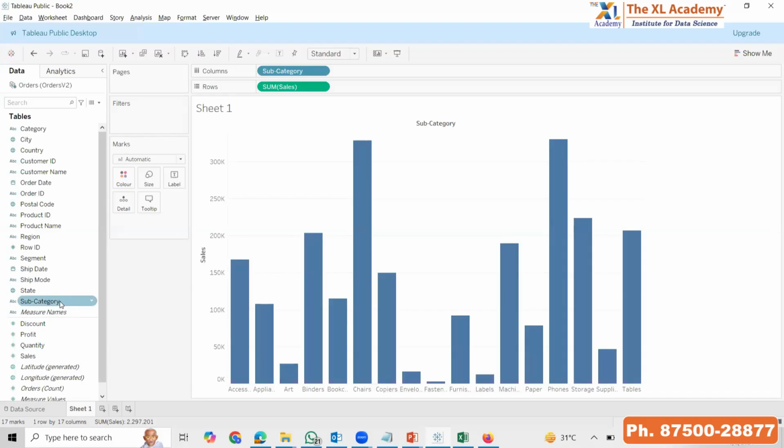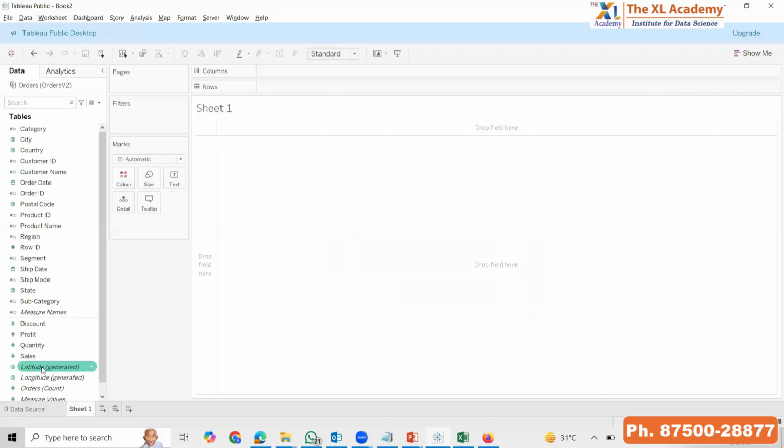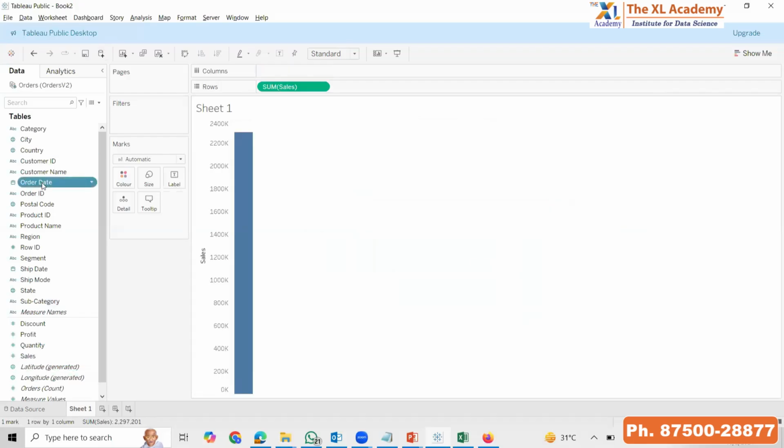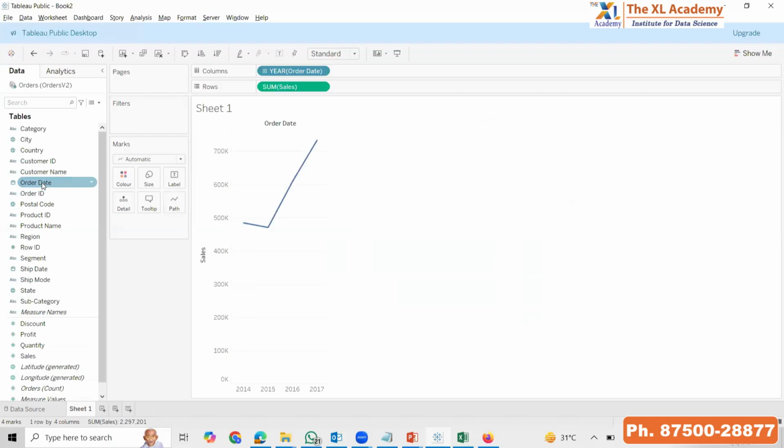So here it is, step number 2, choose the dimension and measure. Step number 3 क्या था? स्टेप नंबर 3 क्या था? अप्लाई विजुअलाइजेशन टेक्निक, करेक्ट? अब बताओ, मैंने बताया टैब्ल्यू को कि बार चार्ट बनाना है, क्या मैंने बताया इसको? नहीं बताया। एक और एग्जांपल लेते हैं। लेट मी टेक द सेल्स ऑन द बेसिस ऑफ द ऑर्डर डेट। क्या मिला हमें? लाइन चार्ट।